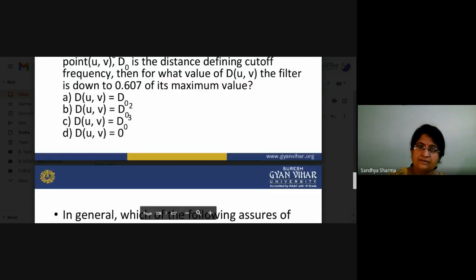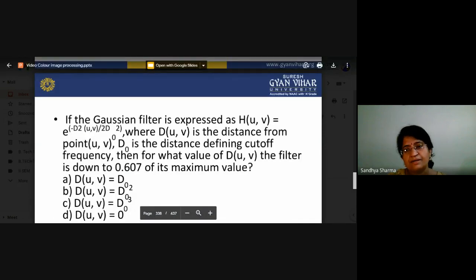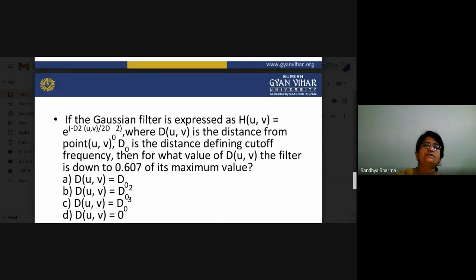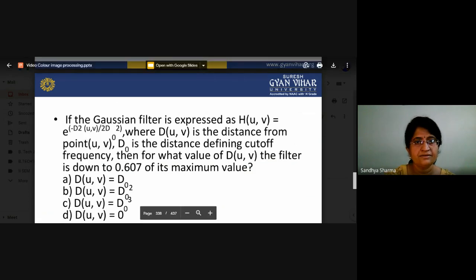I think it will be clear to you. In our next lecture, we will focus on frequency domain filtering. We will revise the frequency domain part and how we can work on it, and the difference between the spatial and frequency domain. In the spatial domain, we work on the actual value of our image, but here we work on the rate of change of the value of our pixels. That is the difference. That's all. Okay, thank you.